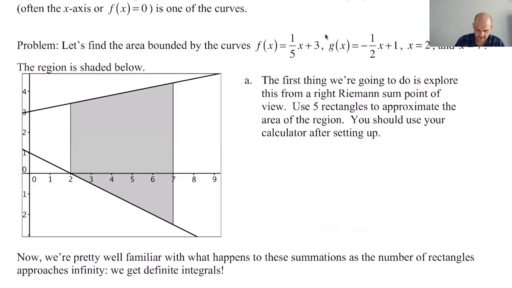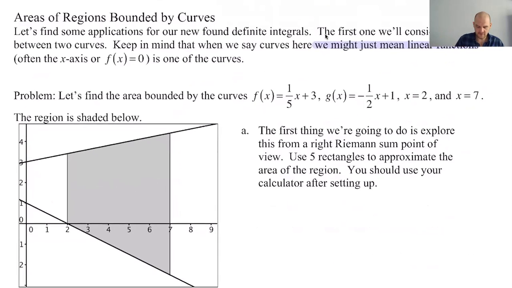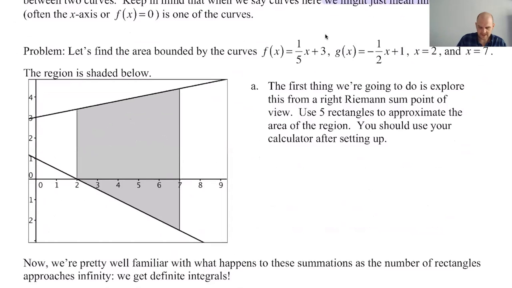So we want to find this region, which we are told is bounded by f of x, which is 1/5 x plus 3. So that's the top one. g of x, which is -1/2 x plus 1, which is the bottom one. And then 2 and 7. We had to be told 2 and 7 because they're like totally arbitrary. Like there's nothing obvious that would make a region start at 2 and end at 7 unless you were told that. So told that, first thing we're gonna do is just approximate it with a Riemann sum, a right